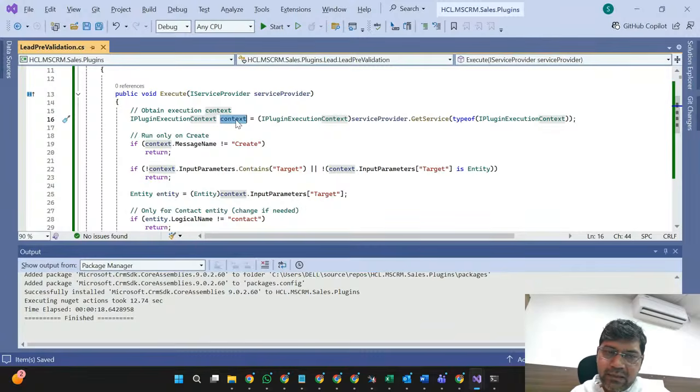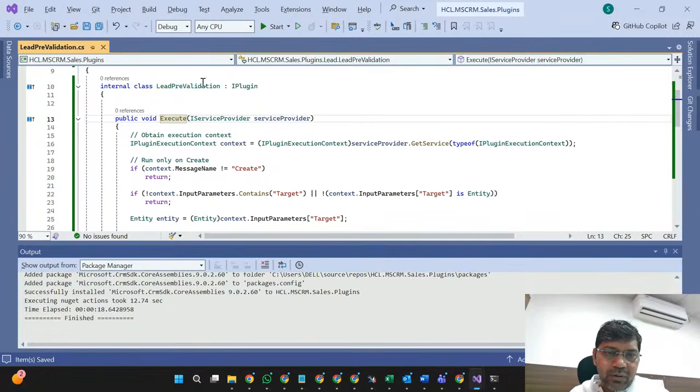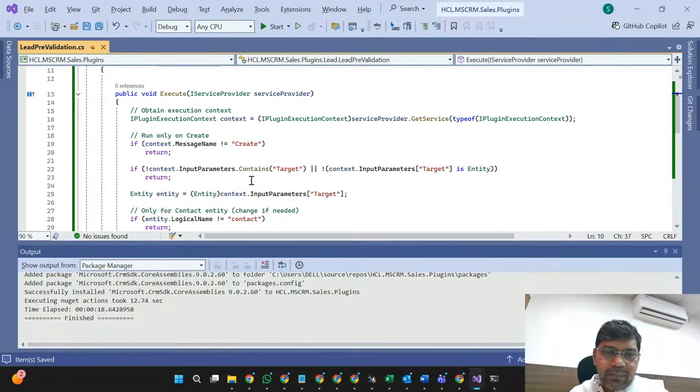It will always contain the message, like which particular message is triggering this. With the help of this context we can retrieve the target entity, and in which particular plugin it is registered. So with the help of this context we can retrieve multiple information.